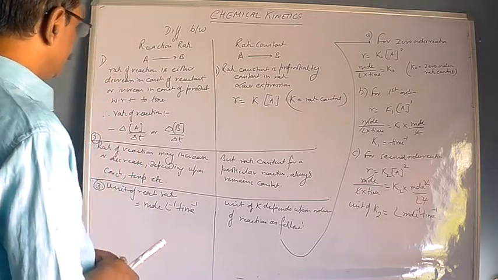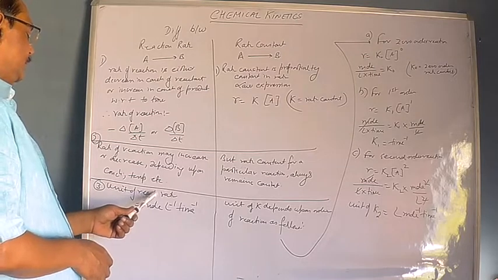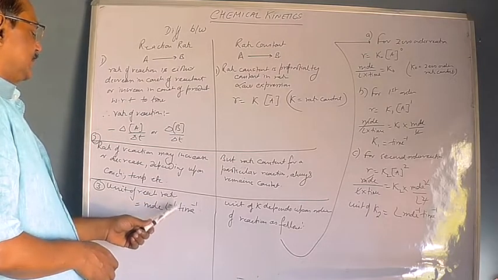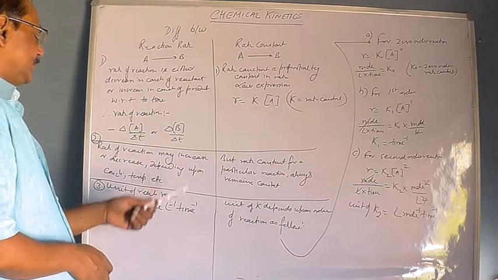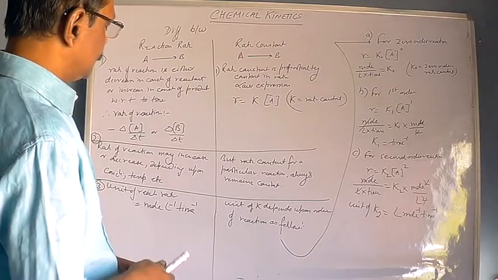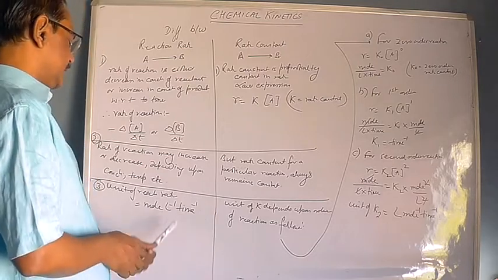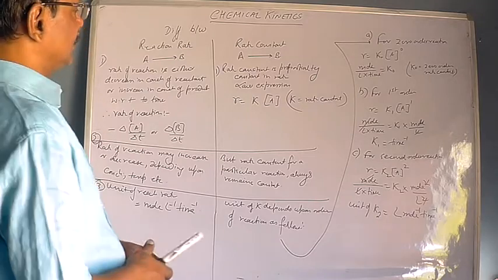Third difference, unit of reaction rate. You all know very well that the unit of reaction rate is mole liter inverse time inverse. Class, it is not second inverse, not hour inverse, minute inverse or year inverse. It is simply mole liter inverse time inverse. Whatever the time is given to you, if it is given in second, we'll write second inverse. If it is given in hour, we'll write hour inverse. Even in year, we can write year inverse.